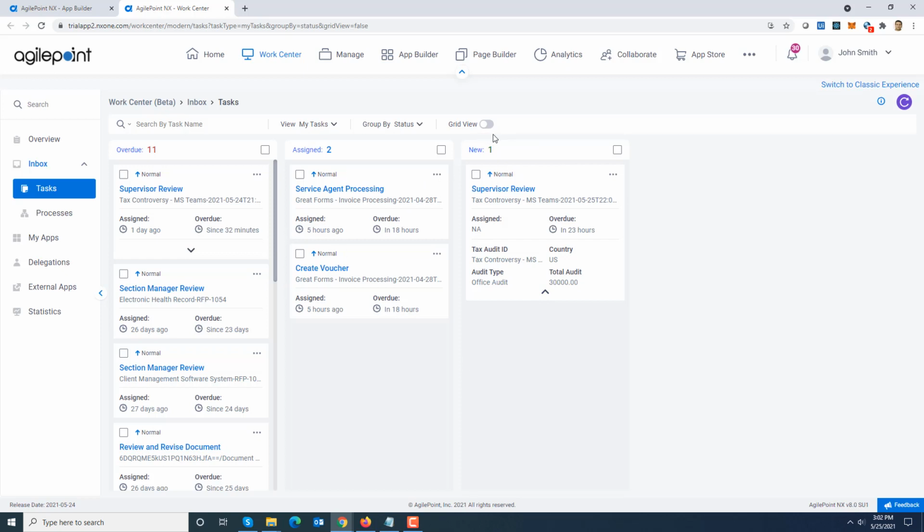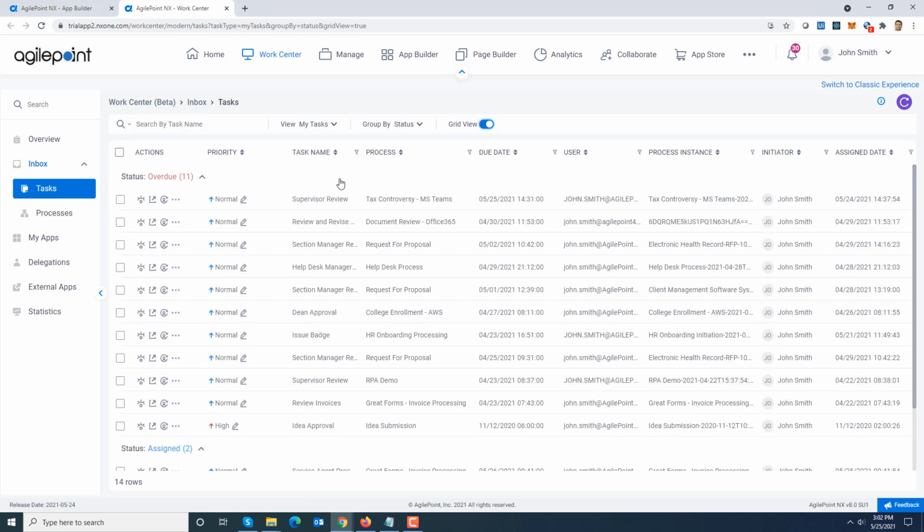But what about the grid view? Now, the challenge with the grid view was because grid view is going to show you tasks belonging to multiple process models. And if you started adding columns for each of the process models, then it would have become a maintenance nightmare because you might end up with two columns for each process model, then you would end up with 20, 30 across 10 process models. So the approach we took is